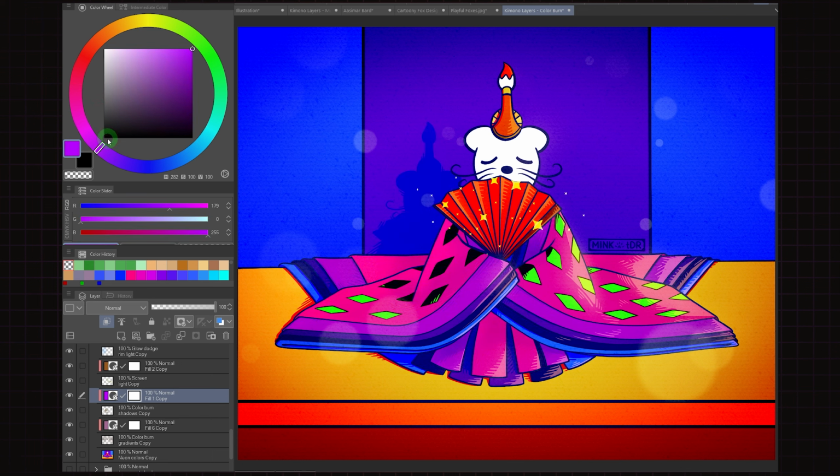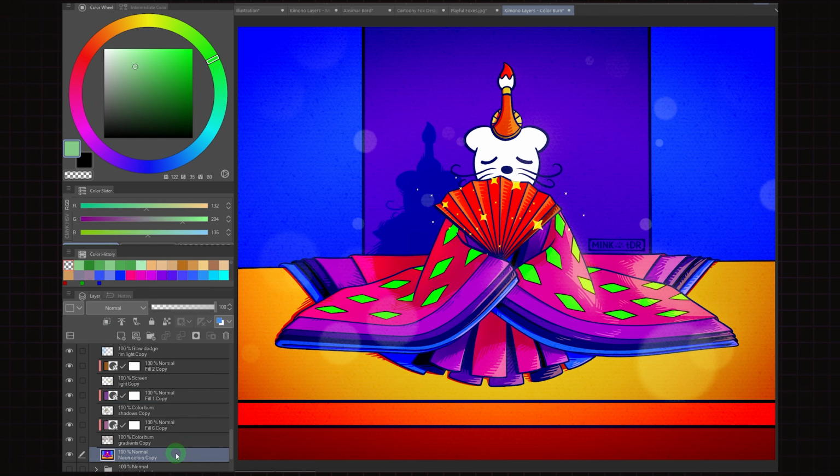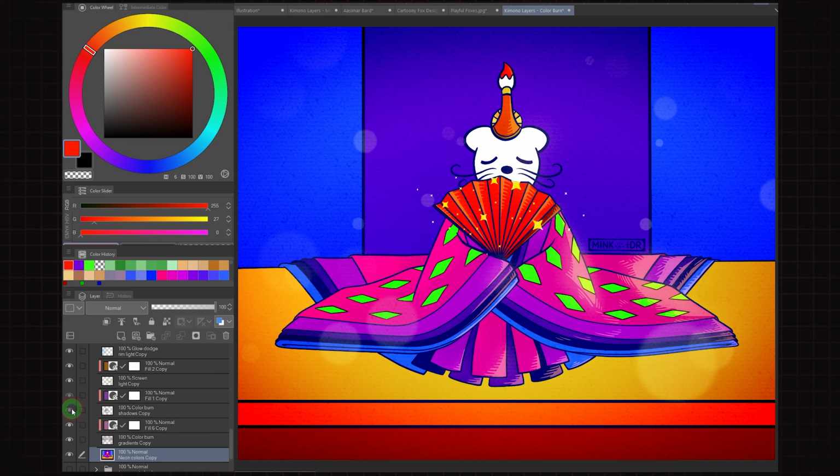What's going on? Let's take a closer look at those base colors. With the settings of my eyedropper tool, I can pick the color of only the selected layer, which is the base color layer in this case. As you can see, all the colors are very close to the upper right corner of this HSV color picker, so close to the hue color. The red, however, is actually pure red, which makes it immune to any sort of change by the color burn